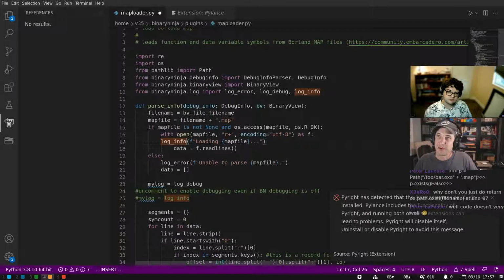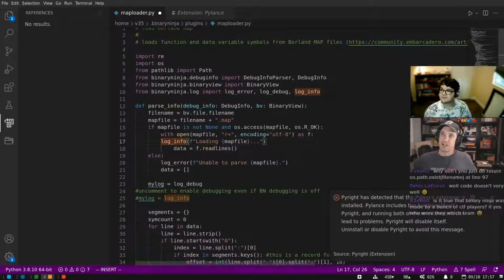Is it true that Binary Ninja is made by a bunch of CTF players? I think that's generally true. Not everyone, but certainly the majority of us. And it was very originally a CTF tool. There was an old Python version of it a long time ago that was for CTF. So we're all a bunch of has-beens. Not all of us. Only me and a few of the other guys are has-beens. Several of the team are still active.